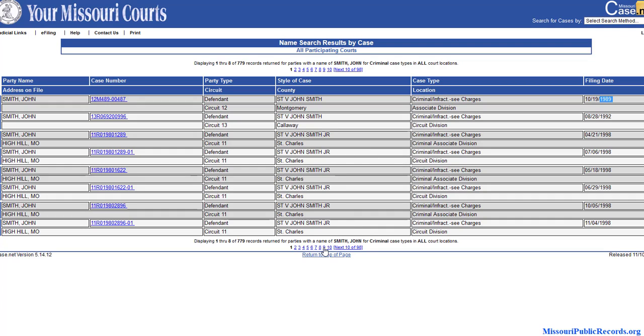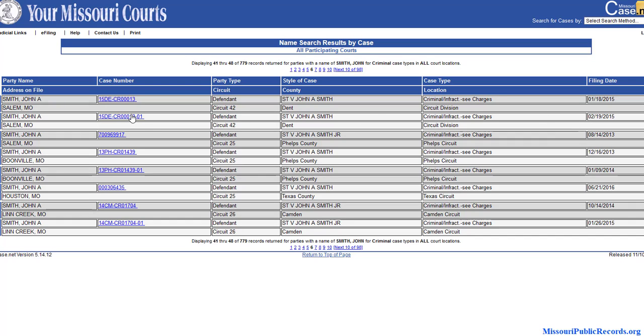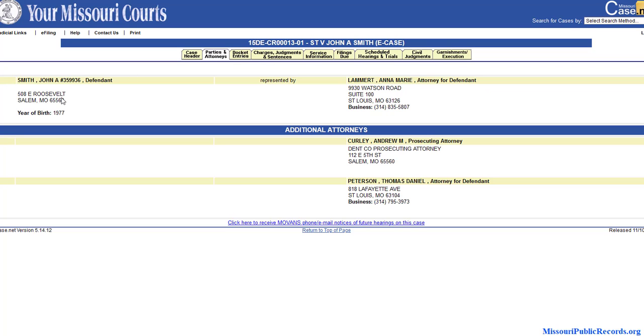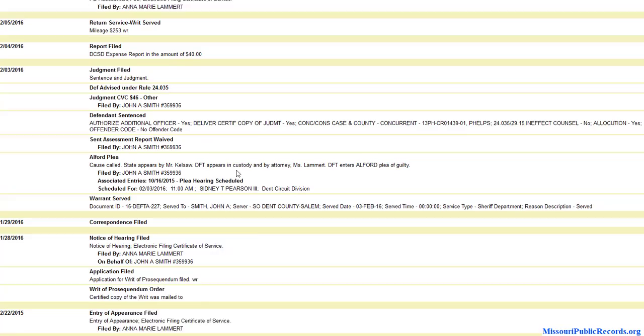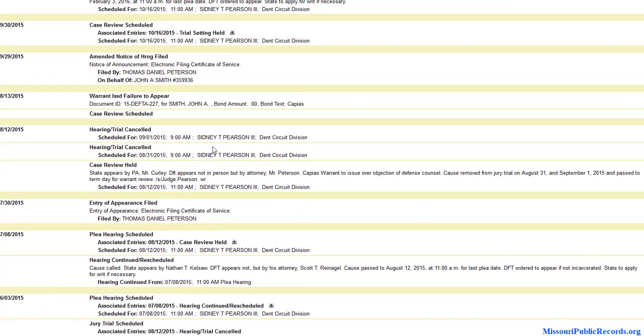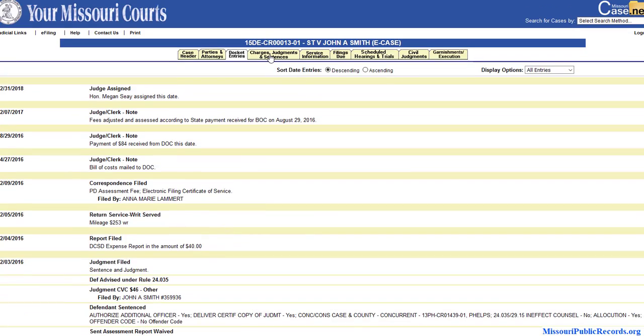I'm going to see if I can find something more recent here. Okay, so these are all pretty old. Okay, here we go. Here's a couple of more recent ones. And as you can see, you have your basic information here, parties involved. So this is the individual's information, some attorney information, and docket entries. This is almost like a timeline. So you could go from start to pretty much finish, and it kind of gives you a little story. And then you have your charges,